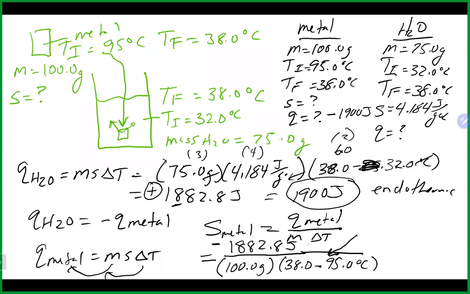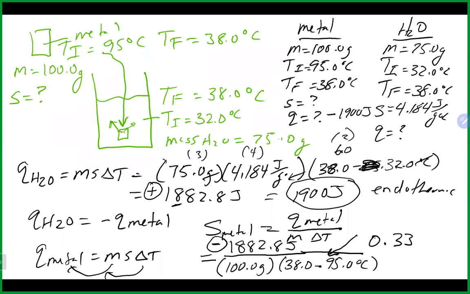You get a negative number, and that negative is important because this negative and that negative on the bottom will turn your specific heat capacity back to a positive number, which is what it should be. So if we take that number and divide it by 100, and also divide it by our 38 minus 95, we end up with